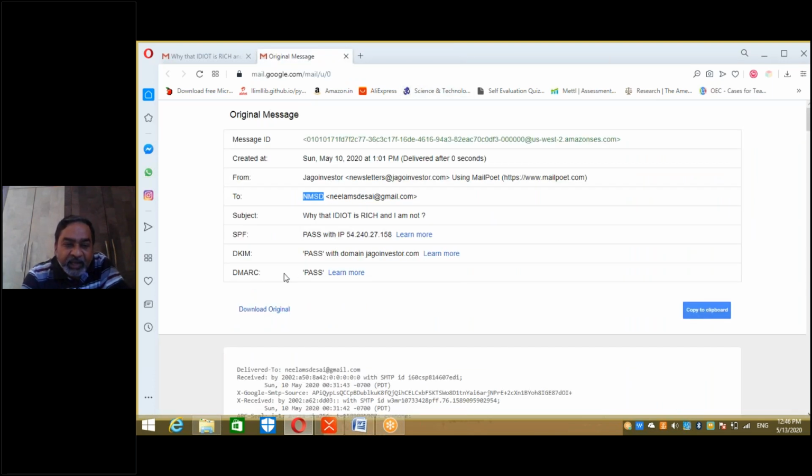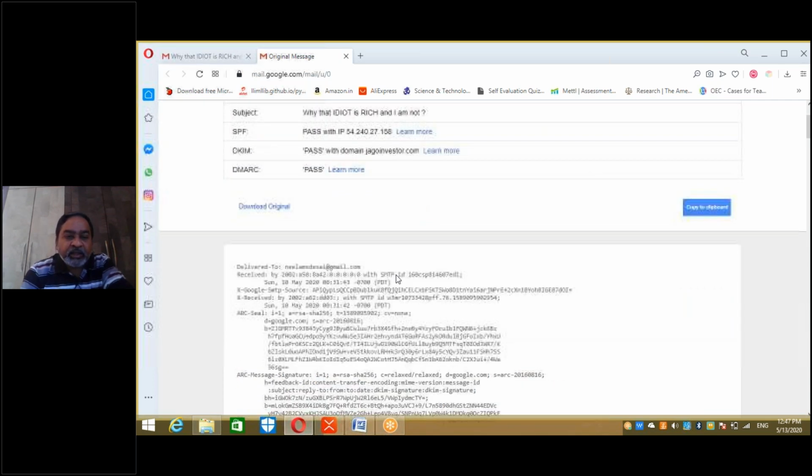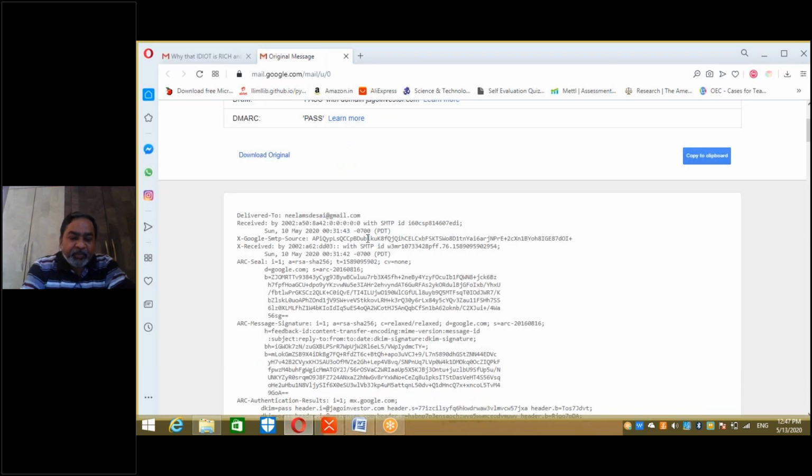It's an additional feature available. Again, DKIM. What is this DKIM? It has come from this sender. You can check in your mail. Now you see here, "Delivered to." You are able to see the screen, right? Though the font is smaller, I am highlighting it. Delivered to my mail ID. Fine, it is to me only.